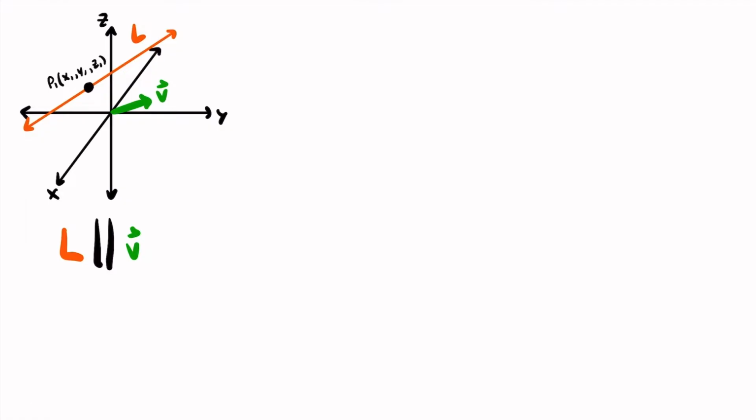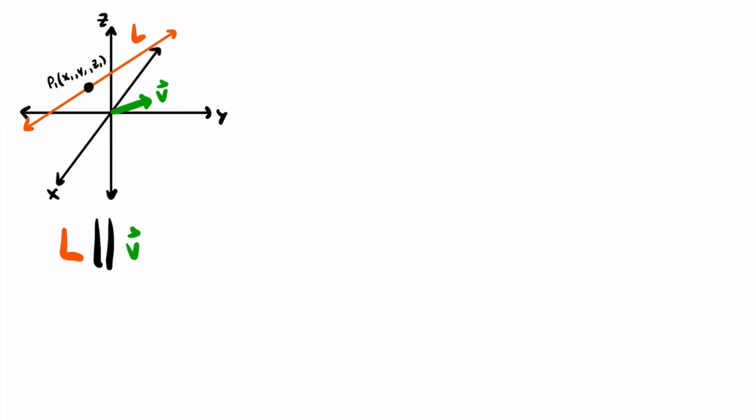All right, and I just want to point out here that that direction vector does not necessarily need to be a unit vector. I know we typically associate unit vectors with direction, but in this case, this direction vector does not need to be a unit vector. It can be a unit vector, but it doesn't have to be. All we need in order to represent the equation of a line in 3D is a vector that is parallel